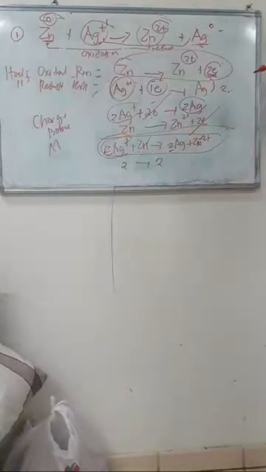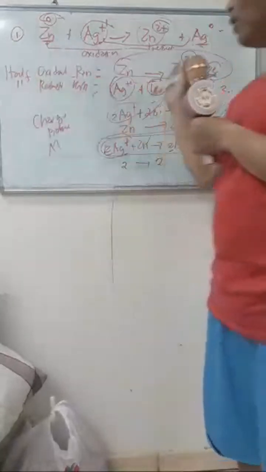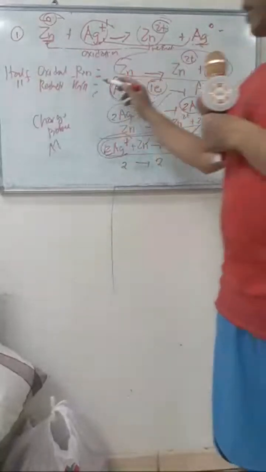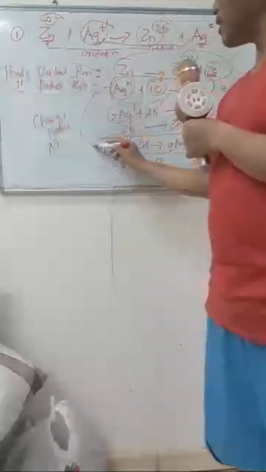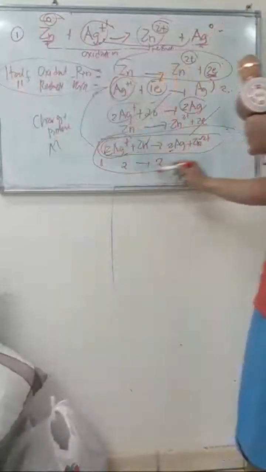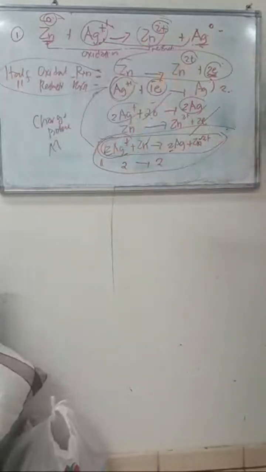Now, if we have a perfect half oxidation reaction and perfect half reduction reaction, then it's expected that your net reaction will be perfect. How can we prove? By balanced number of atoms, by balanced total charge. Okay, things like that. And that's it. Okay, for half reaction and net reaction. Any questions so far? That would be all, because that's going to be the basic idea or the rules.